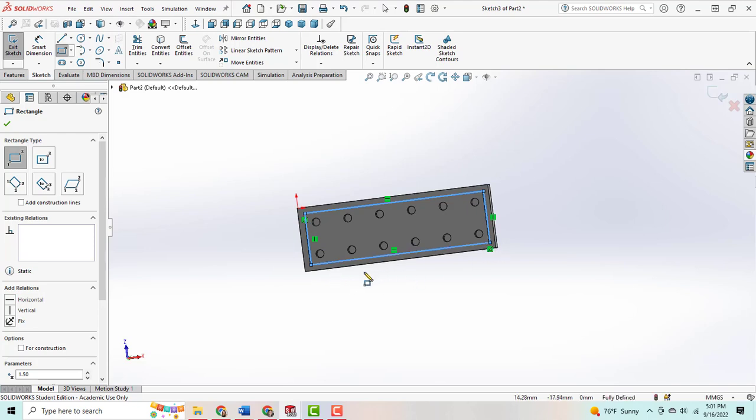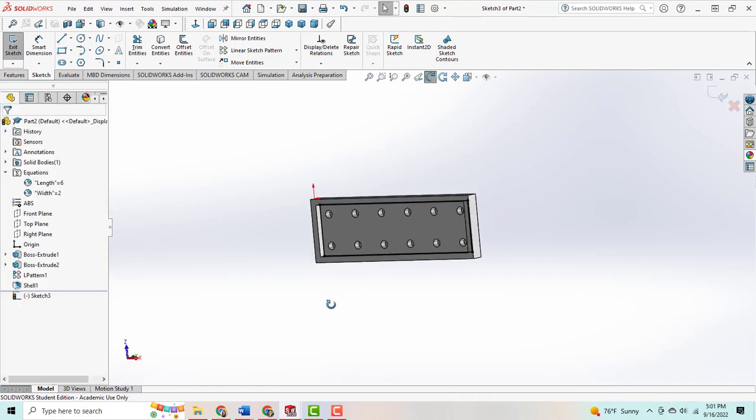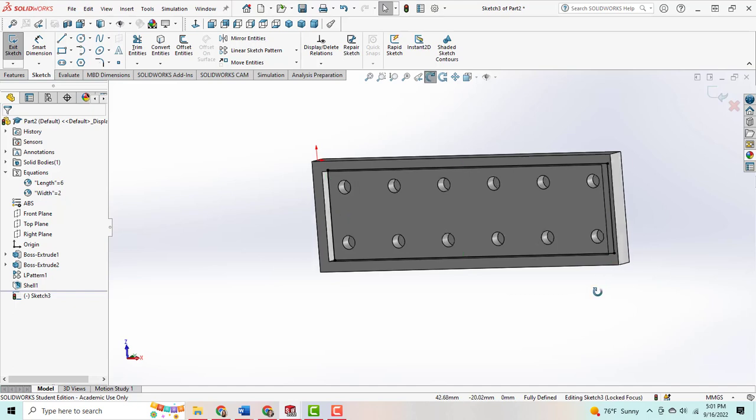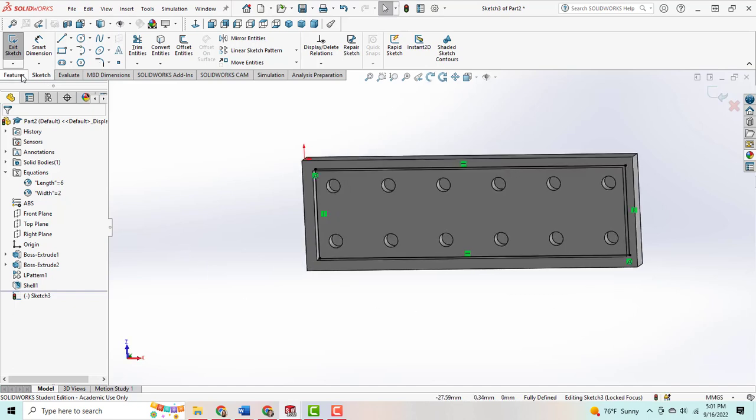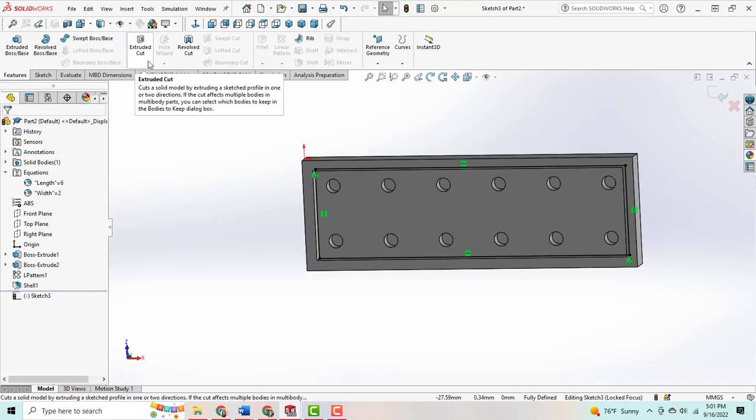This is because as this gets longer or shorter, if that sketch is not connected with these coincident relationships or collinear lines on top of your edges, then it's going to stay this size, whether or not your part gets longer or shorter. So now that I have that sketch in place, because I have it attached to the inside edge, it's already fully defined. I'm going to go to my Features tab, over to the Extruded Cut option,